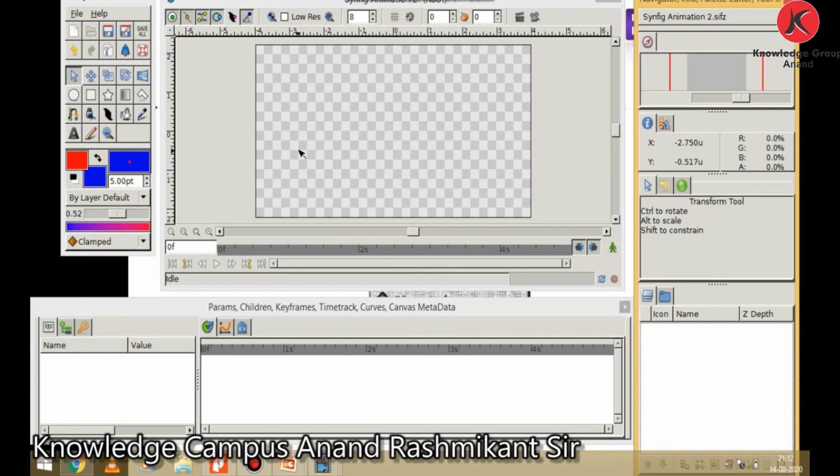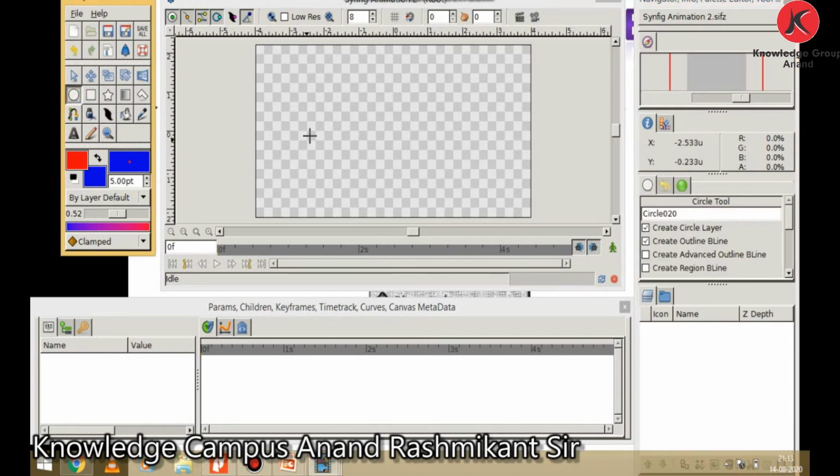As discussed earlier, when you draw any object or apply any effect on the canvas, then it will also show up in the layers window. So any object or any effect has a layer. Next, it is the tool options panel. You can see here the tool options for the transform tool. If you choose any tool from the toolbox window, you can see its parameters.